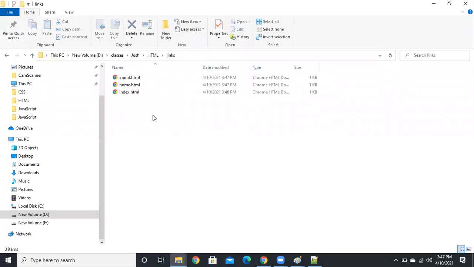See guys, here we have all files in the same folder. But in real time, we do not have it like this. In real time, we have a special folder structure, a file structure. I will show you how it is.